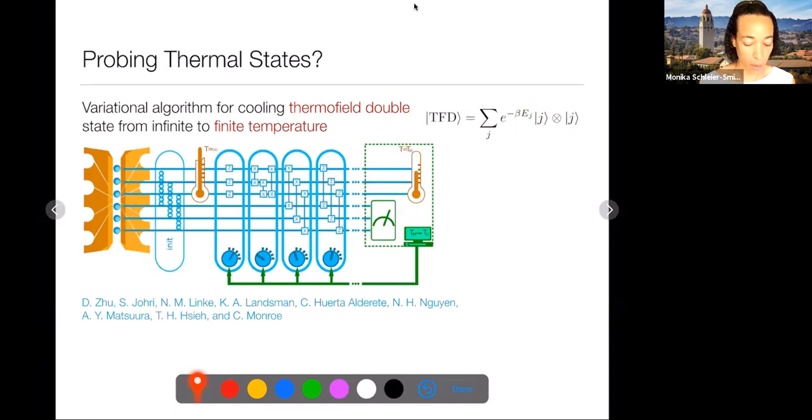So this is an experiment where each copy is two copies of a 3-qubit system, right? There are 6 qubits in total, so not a huge system, but what they are able to do is initiate the system in a set of EPR pairs that realizes the infinite temperature version of this, right? Beta is 0. But then they can actually cool this state. And the way that they cool the state is they implement a variational algorithm,